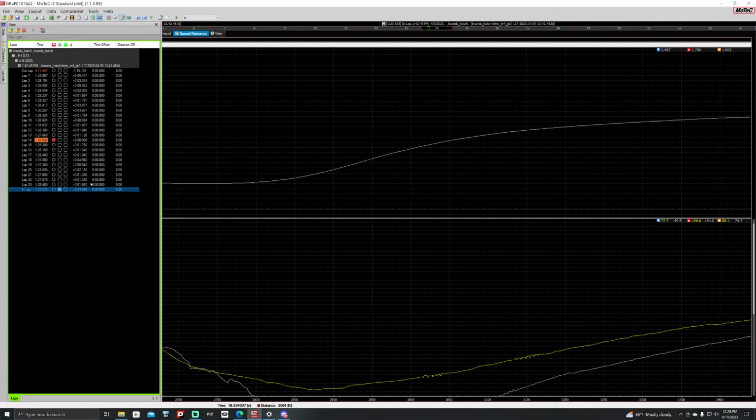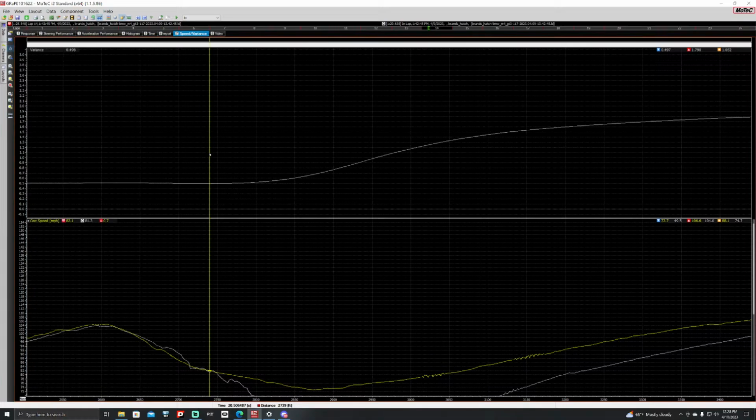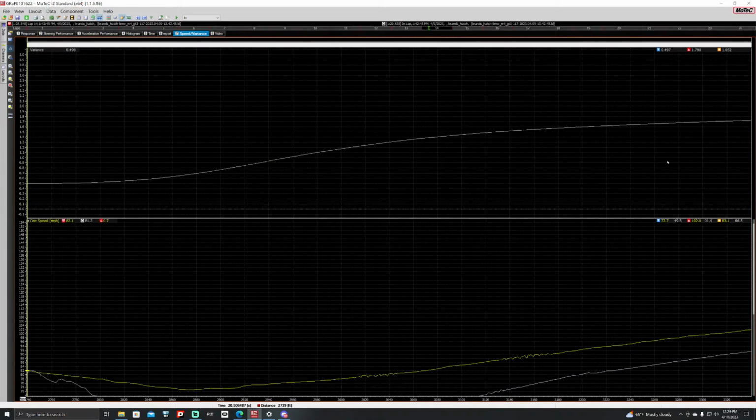So did you say you made this tool? Yeah, I made the tool. MoTeC is a sandbox. You build tools within it. Okay, so here's, so I started, and so